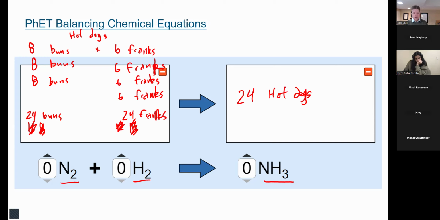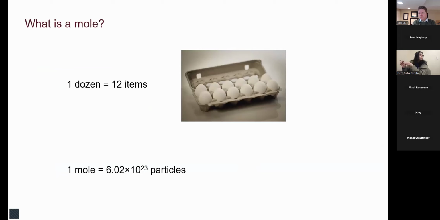Okay. Now, when it comes to our next part of chemistry, that's really an important or a vital review piece. That is the concept of a mole. Now, a mole is just a defined number. And I can say this, and I've said this many, many times in my life, and it's just a tough thing to wrap your mind around.